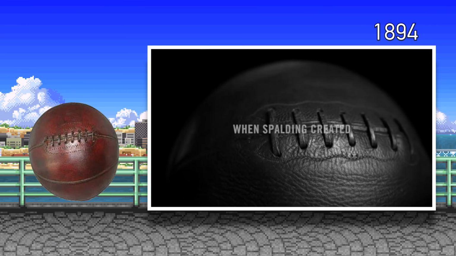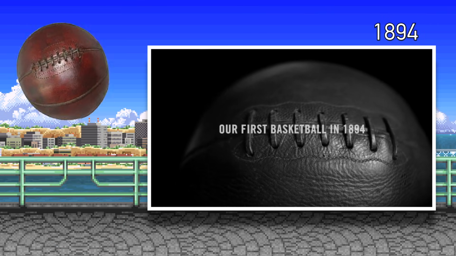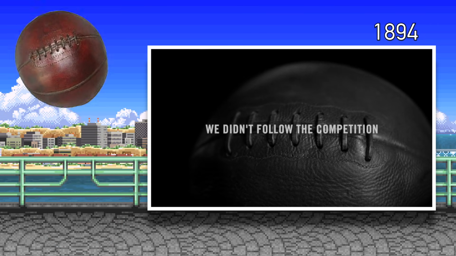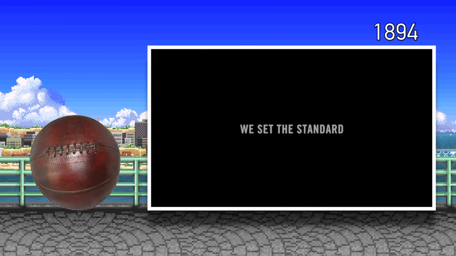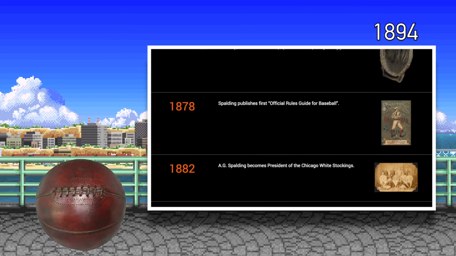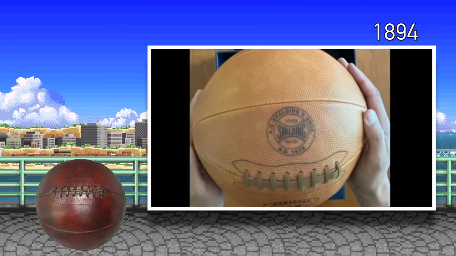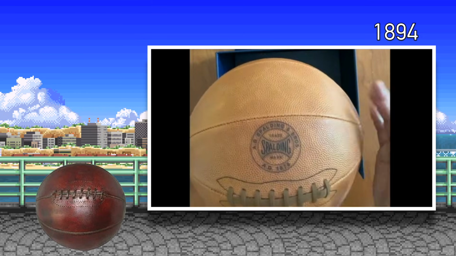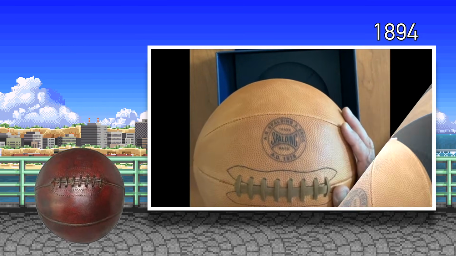So in 1894, Dr. James Naismith reached out to A.G. Spalding to invent the first basketball ball. Spalding at the time was famous for making American footballs and Major League Baseball gloves. And you can totally see the inspiration of the design, as this ball is laced up at the center like